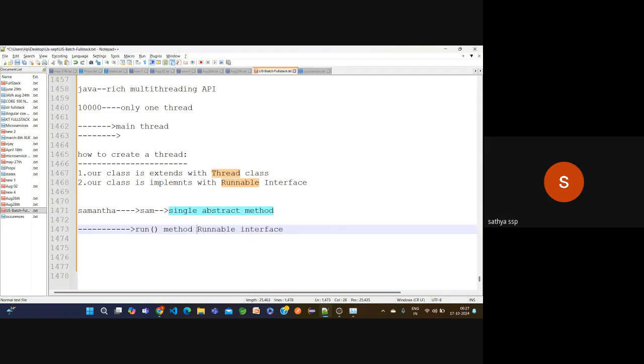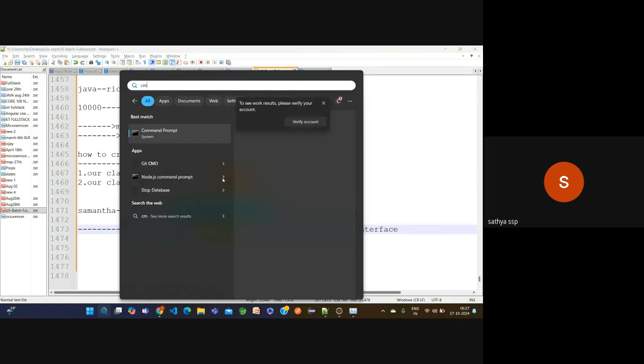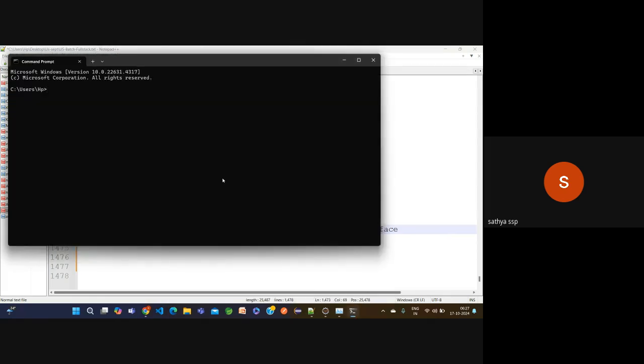This type of interface we can call a functional interface. Observe carefully here: java.lang.Runnable.